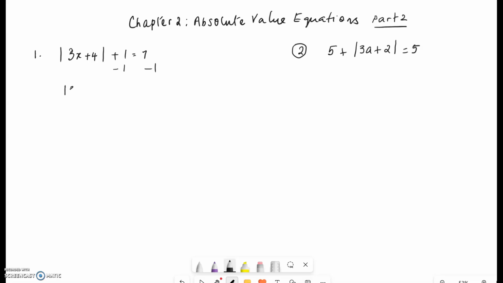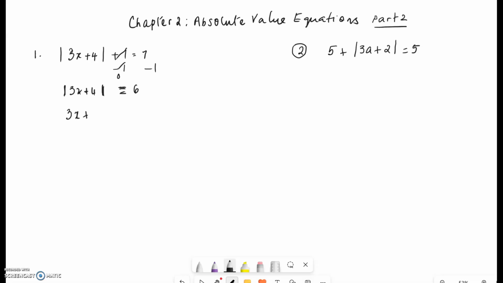So we get 3x plus 4 absolute value. This becomes a 0. So you're adding a 0 to 3x plus 4. Absolute value of 3x plus 4 is absolute value of 3x plus 4. 7 minus 1 is 6. Now the minute we get the absolute value of something equals 6, we can get rid of the absolute value